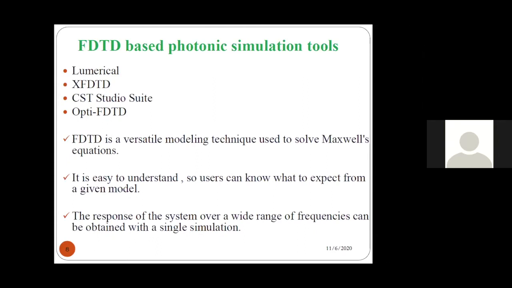These are some of the computational tools that are available now. One is the ANSYS Lumerical FDTD, and one more tool is XFDTD, the CST Studio tool, and one more is OptiFDTD. Apart from this, we have OptiBPM. That is also one of the commercial tools. And we have COMSOL Multiphysics. So all these tools are available to solve the set of Maxwell's equations. All are commercial software. Even MEEP is also one of the computational tools that can be used to solve these computational electromagnetic equations, depending on the structure.